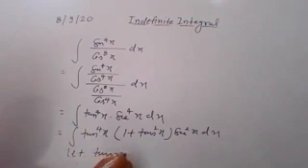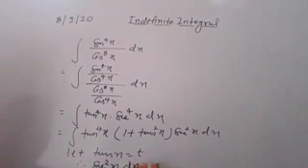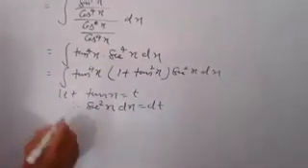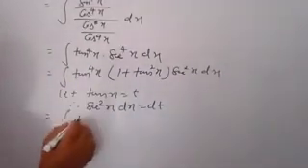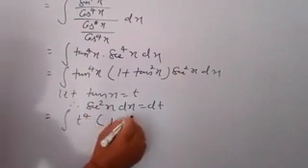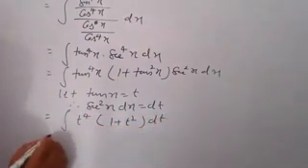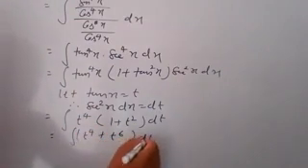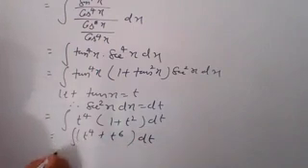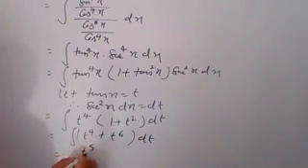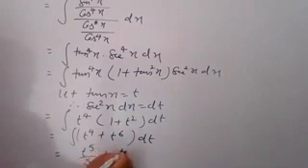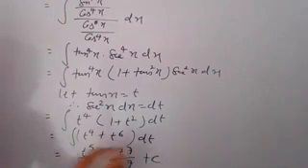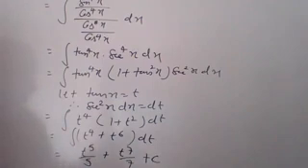Now putting tan x equal to t, differentiate it, so you have sec square x dx equal to dt. So here you have t to the power 4 into 1 plus t square dt. Multiplying, t to the power 4 plus t to the power 6 dt, and integrate it. You have t to the power 5 upon 5 plus t to the power 7 upon 7 plus c. Now putting the value of t gives your answer.